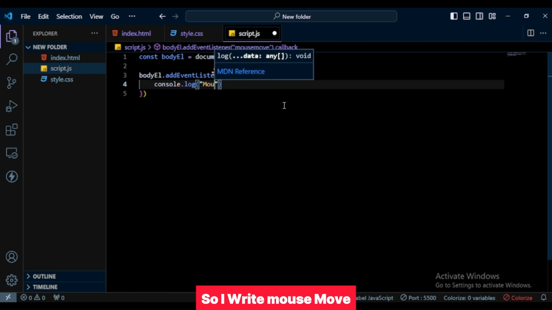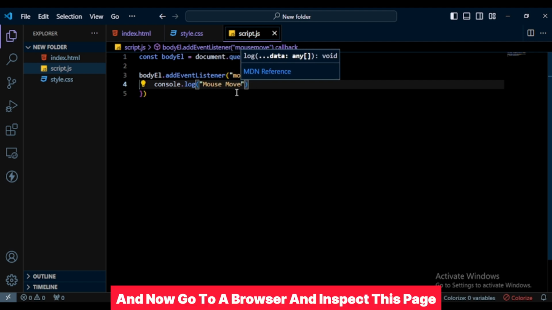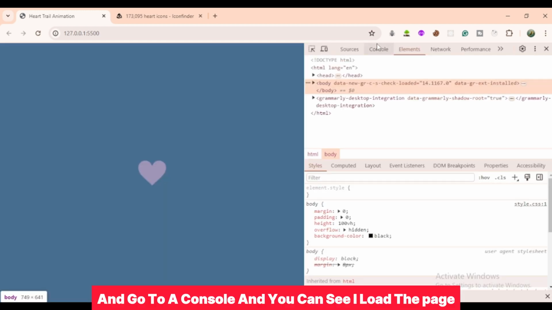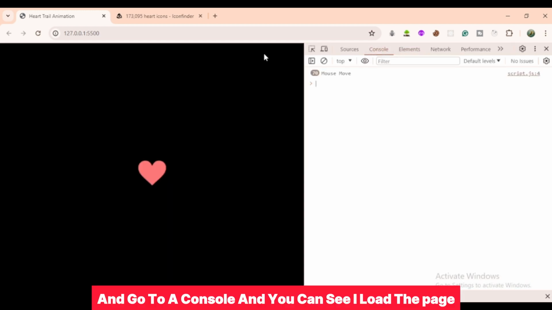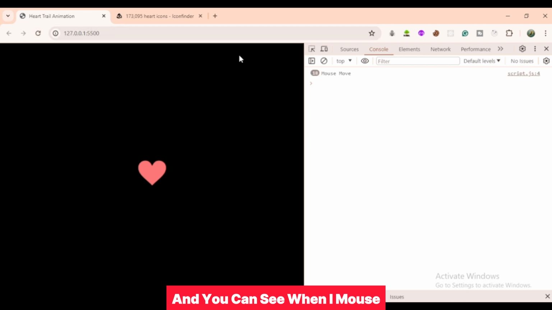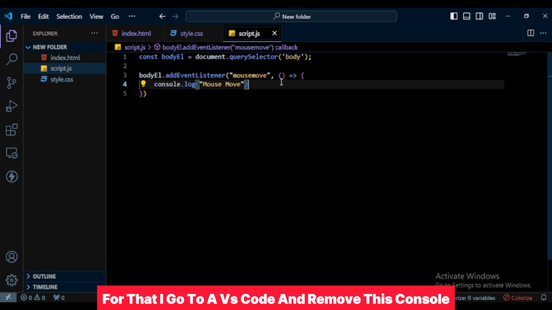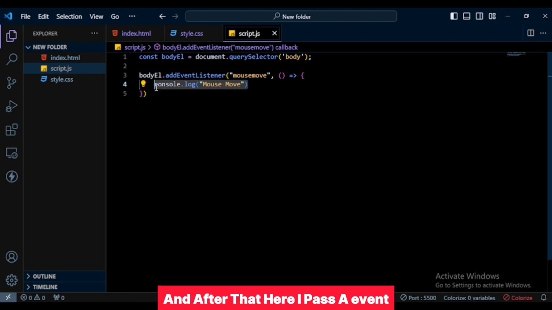So I write mouse move, and now go to the browser and inspect this page and go to the console, and you can see I load the page, and you can see when I move the mouse on this screen, the mouse move function will be called. But I want that when I move the mouse, it generates animation. For that I go to VS Code and remove this console, and after that here I pass an event,